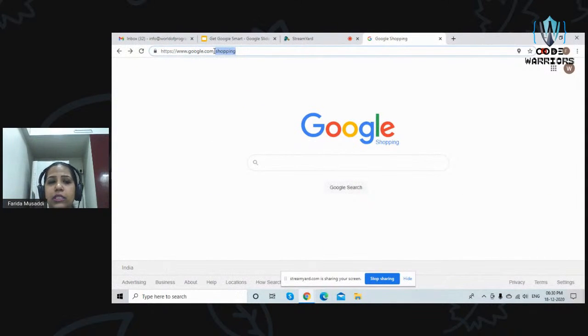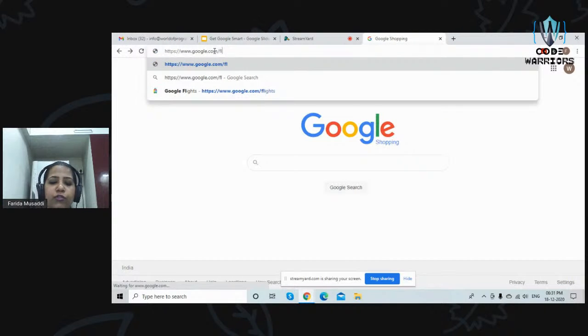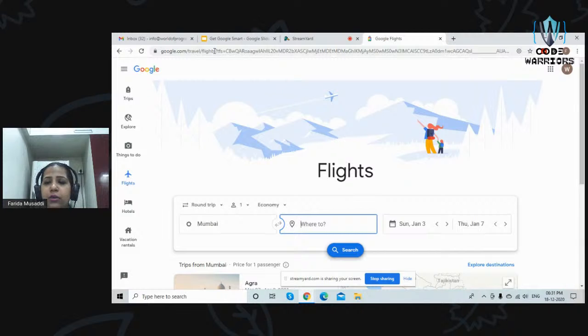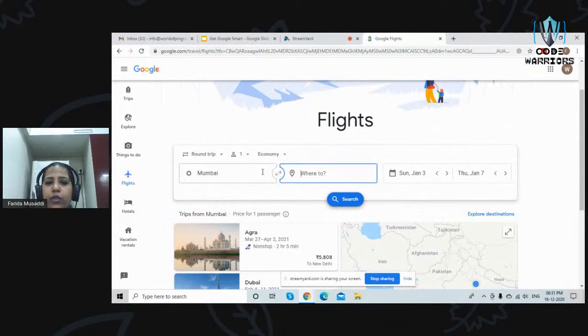Another different Google application, Google Flights. Whenever you want to book your flights through Google, most of the times we go to the Google search engine and we type flight from this destination to this. Might as well go to Google Flights, type where do you want to go, your date, search, it will give you all the flight information. The advantage over here is you are not seeing any other information that you're not interested in. You want flights, you only see flights.